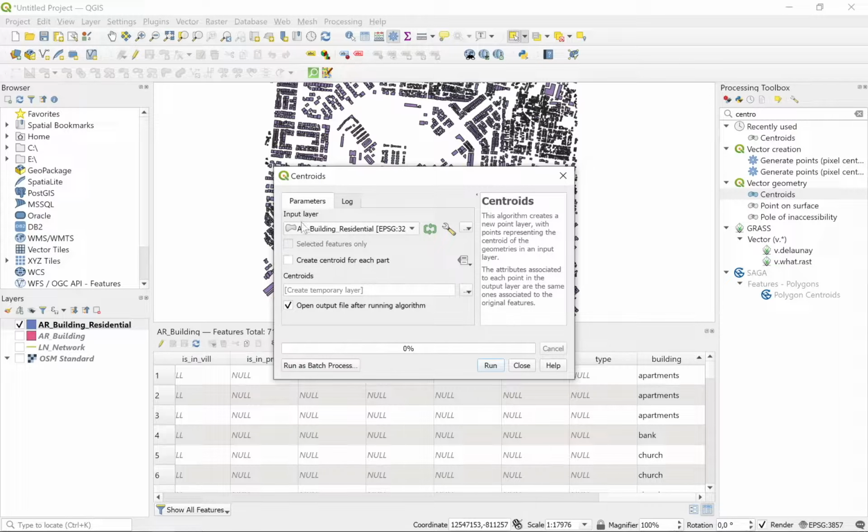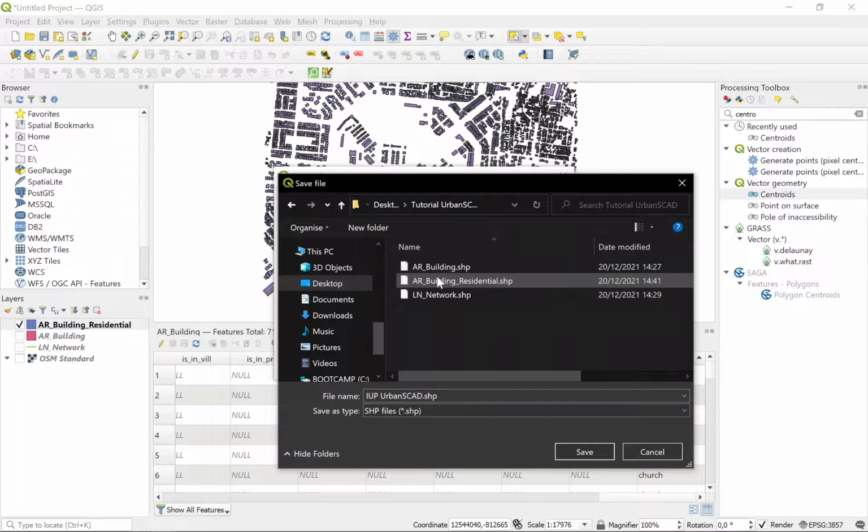For the input layer, we choose AR building residential. Then we can save the Centroid into our folder. Save to file, for example PT building residential.